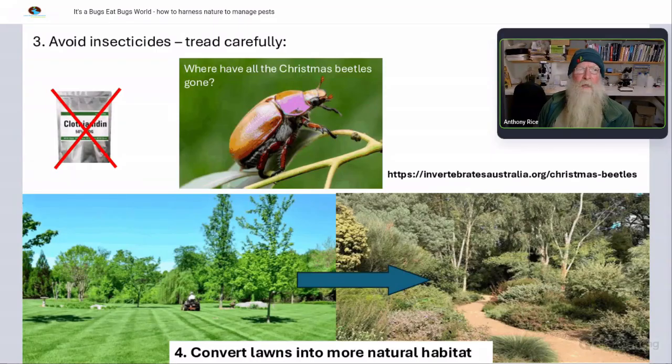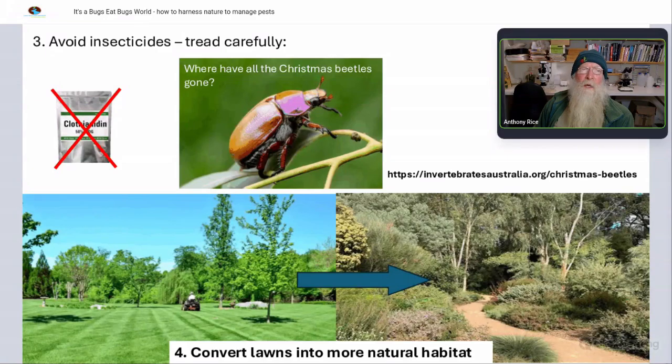So why am I banging on about this? Well, this one, clothianidin, is an active ingredient in a thing you can buy off the shelf, and it's for controlling lawn beetles. Christmas beetles are lawn beetles. They're scarabs that feed on grass roots. So where have all the Christmas beetles gone? Have a look at Invertebrates Australia. Great organisation, great website, lots of information there. You can get involved with the work that they're doing